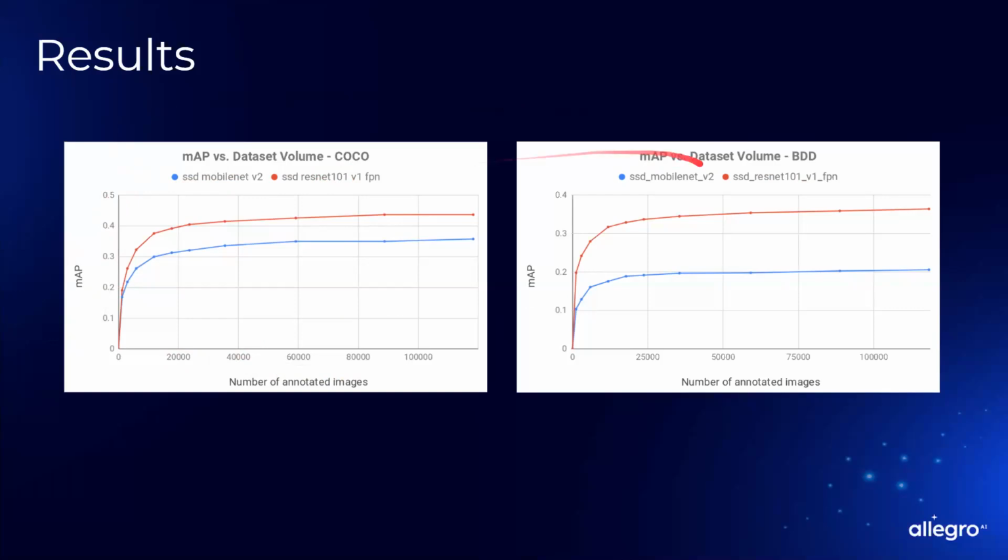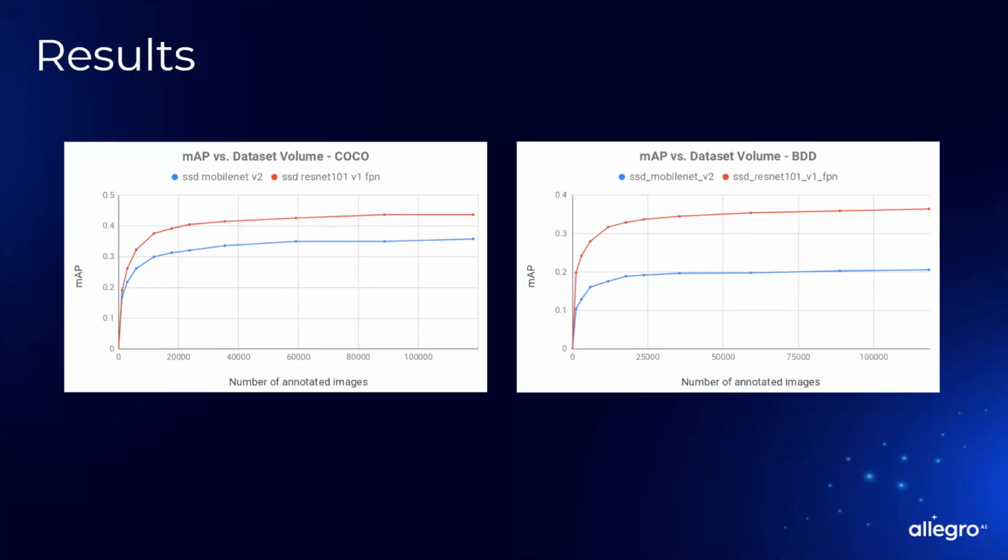First of all, the larger model reaches a higher accuracy asymptotically. It also reaches a higher accuracy almost at the beginning. But in order to know what the asymptotic accuracy is, you have to use many, many images. So imagine yourself in a project, you're just beginning, you have 10,000 images that you're starting with, and you know more will come.